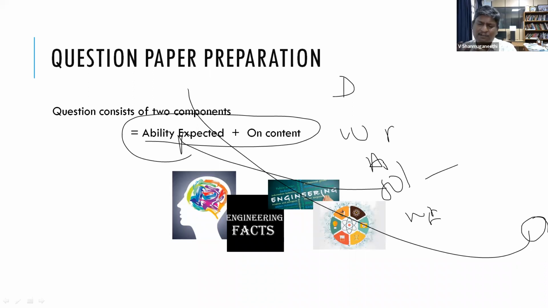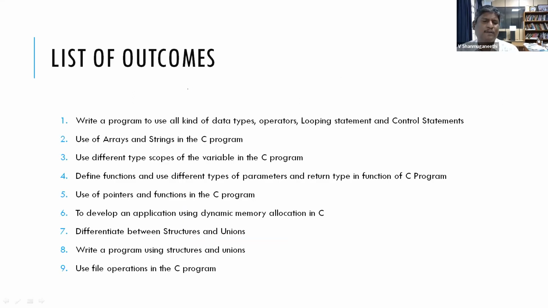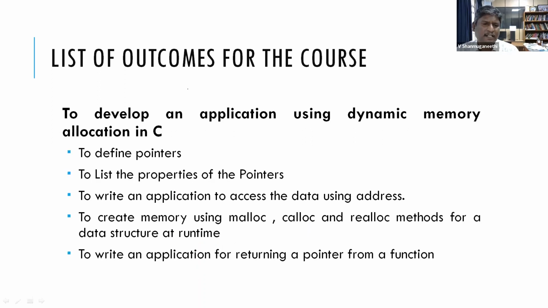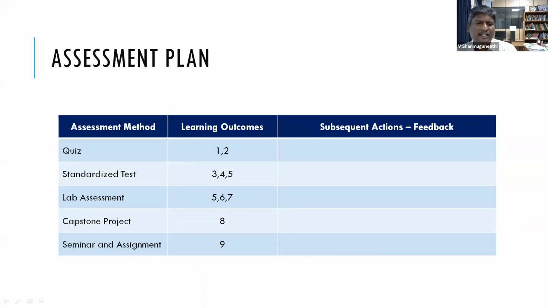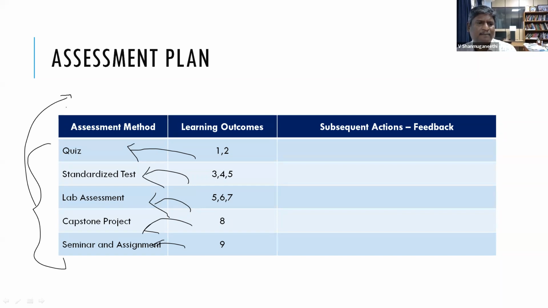But when you want to narrow down, you have to change the learning outcome, and then you can set it as a question. So first you have to prepare the learning outcome. Once you prepare it, for which learning outcome, which kind of assessment should I go for? This is the assessment plan. Based on that, I have to prepare the question paper. Then only the exact ability can be achieved. Sometimes we set the question very generic. Then it will reveal some output, but that output does not differentiate the student ability.